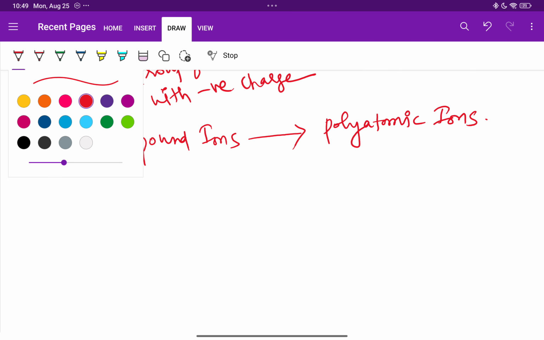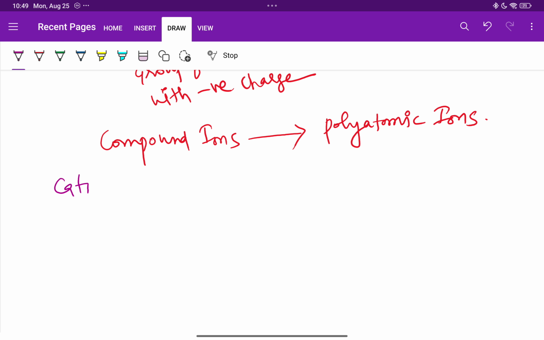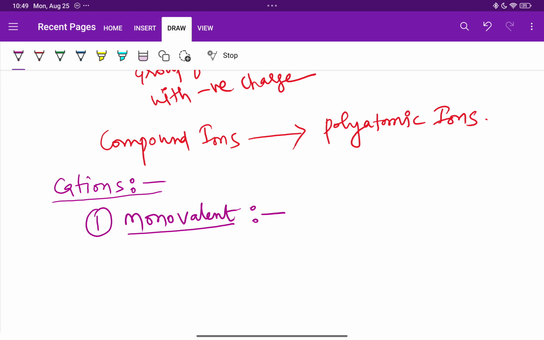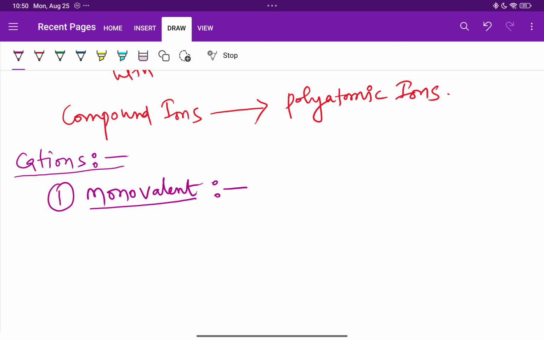But again, the cations are broadly classified into, first one, monovalent cation. Monovalent cation is nothing but atoms with plus one charge. The atoms which have plus one charge on them belong to monovalent cation, like H+1, Na+1, K+1, Cs+1, Cu+1,